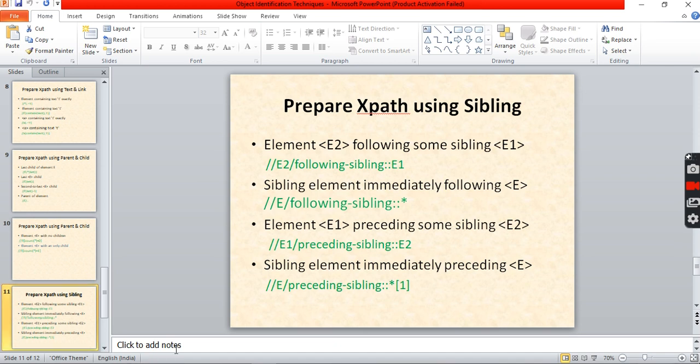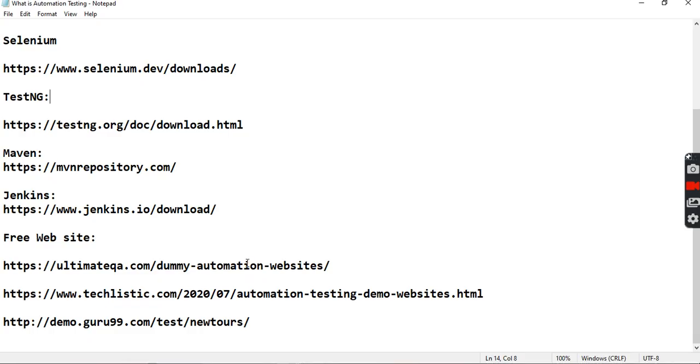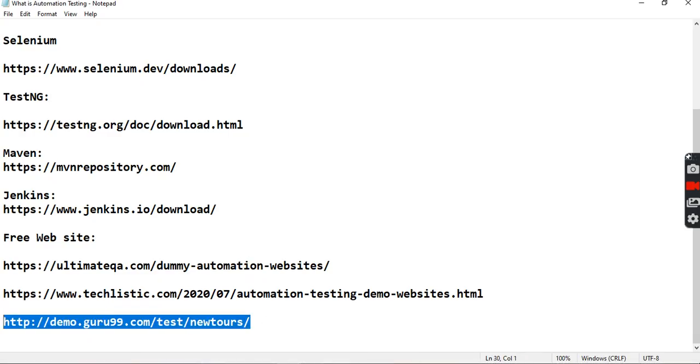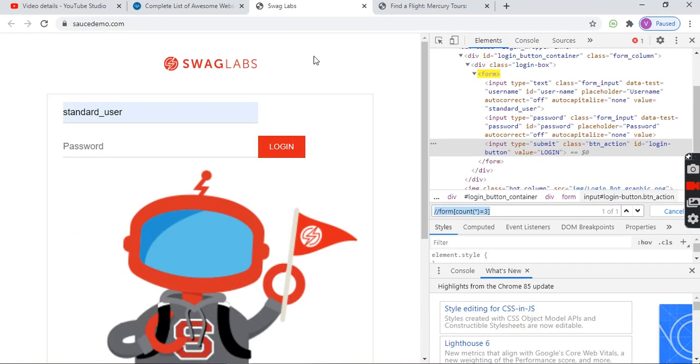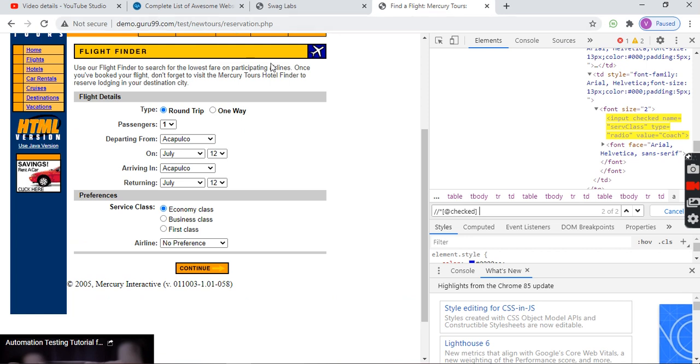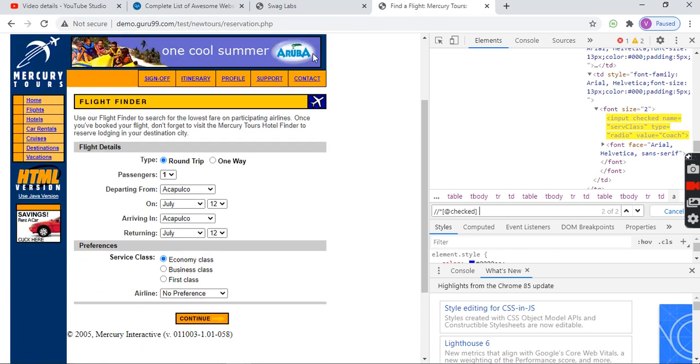So with the help of that particular relationship, we can identify the element. Okay, for that I am going to use this particular site, demo.guru99.com test tools. Actually this site is a Mercury site. The Mercury site is down right now. The Guru99 site they activated again. Okay, fine. Let's forget about that one.